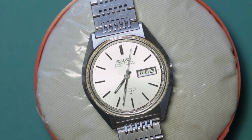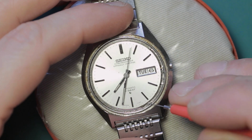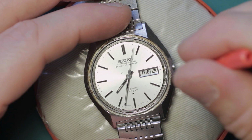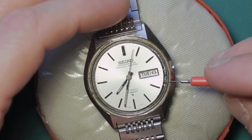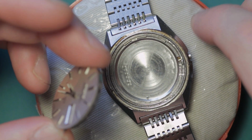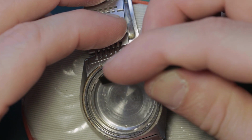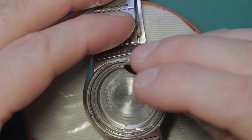Alright, so here I just want to do a little bit of judicious wiggling to see where we are at and whether this needs to be rotated, as is sometimes the case with front loaders. Now, there's not a great deal of wiggle room because of the setting lever sticking out, so there we go. There's the case. It does appear to have little locking tabs here. I think that's a locking ring. It actually looks like that might have been pressed down a little bit previously, so I could be wrong. It may just be intended to be fitted in one particular position like so and stay